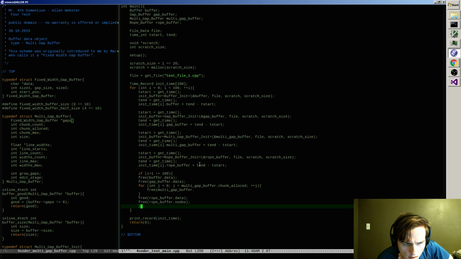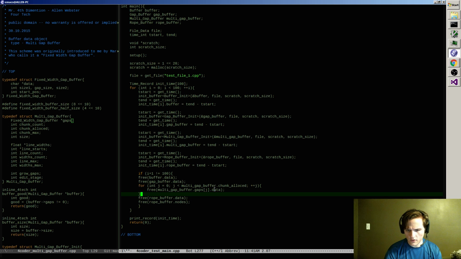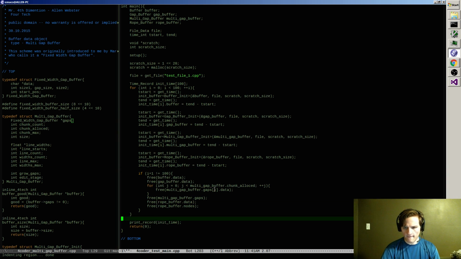And then, let's see, the gaps, fixed width gap buffer. Yep, so I can just do dot gaps, j dot data, free all of those, and when all of that is done, free the gaps array itself. Whoops. There we go.